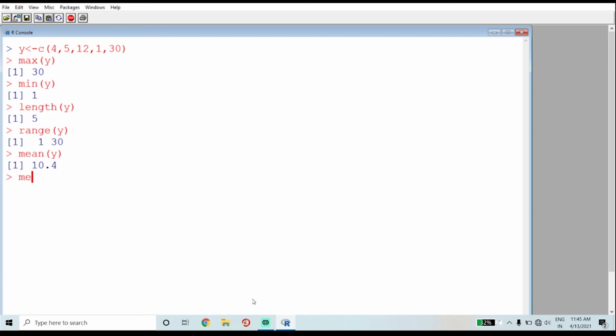To find median, we can make use of the command median of y. To find variance, we make use of the command var of y. Then next we have sort function, sort of y.